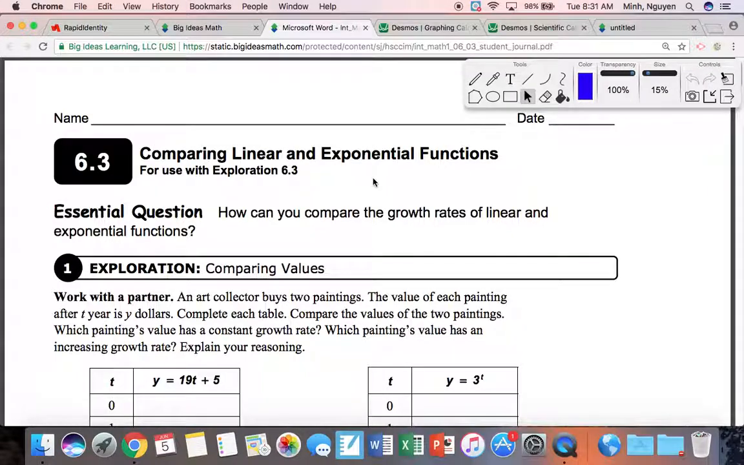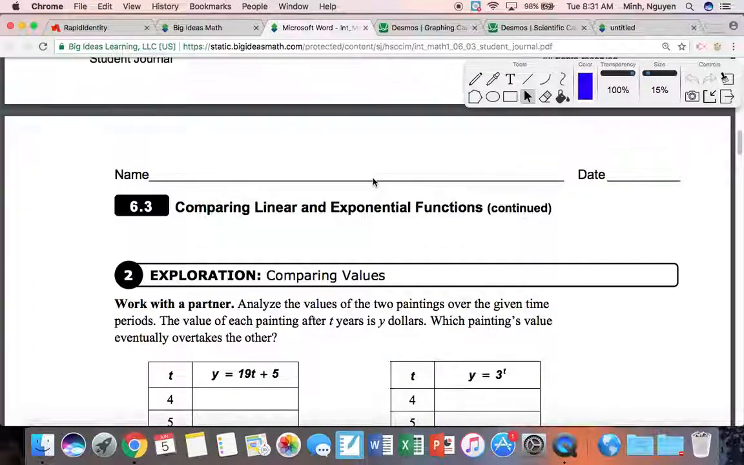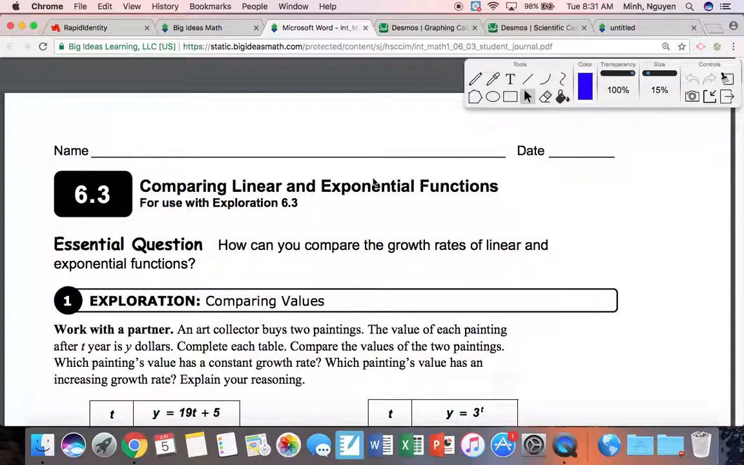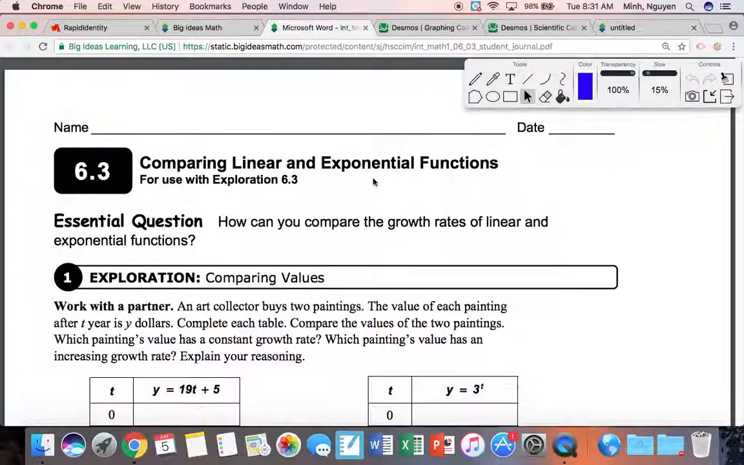Section 6.3 of your student journal, page 168, comparing linear and exponential functions. At this point, it should be pretty simple because we've already gone over lines a ton, and even though we just started learning about exponential functions, it's kind of obvious what they look like, how they differ visually,